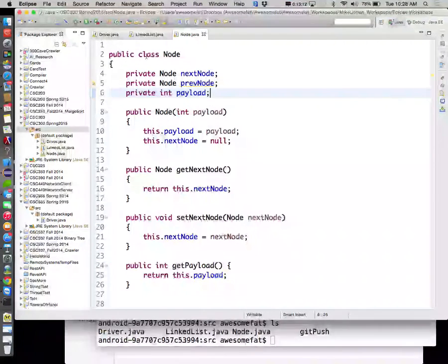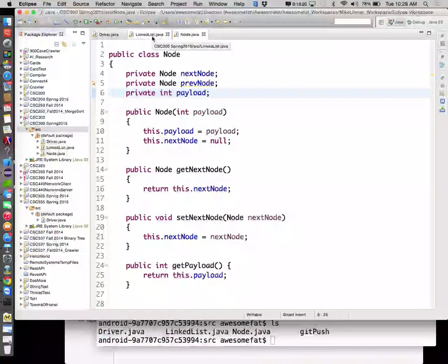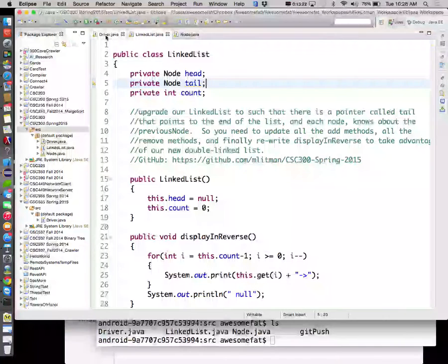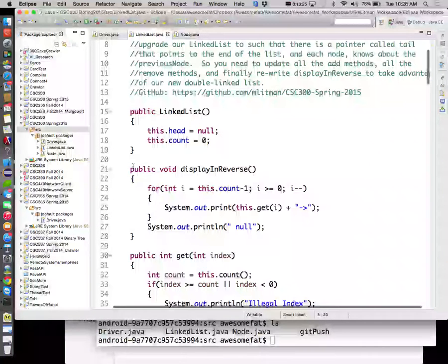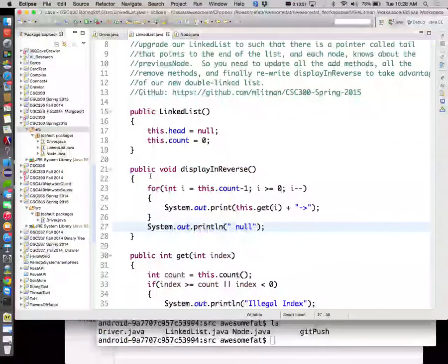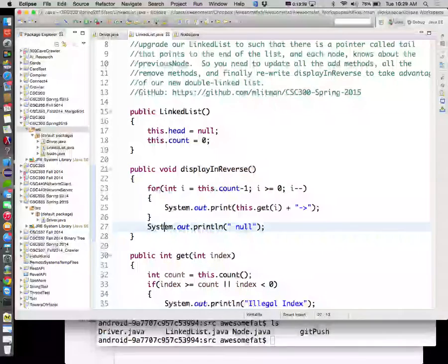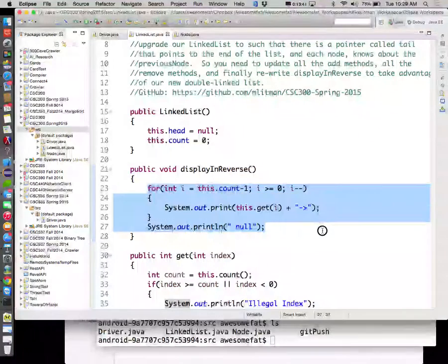All right, so let's go through and look at what we needed to do for this assignment. The whole point of this was to do our display in reverse, correct? But you had to update a bunch of other things. Your evidence was this works, by you rewriting this in such a way that you're using previous nodes, starting at the tail and walking to previous nodes. So if we go ahead and rewrite this right now,